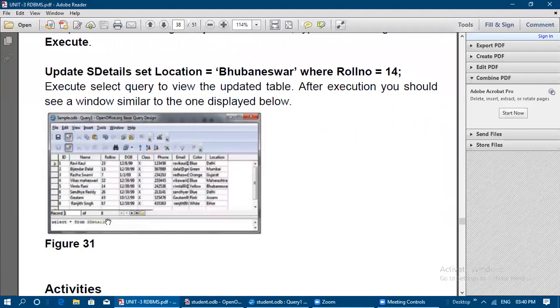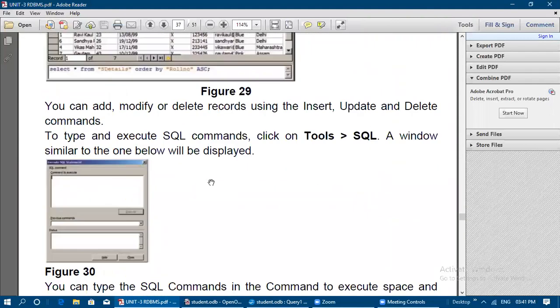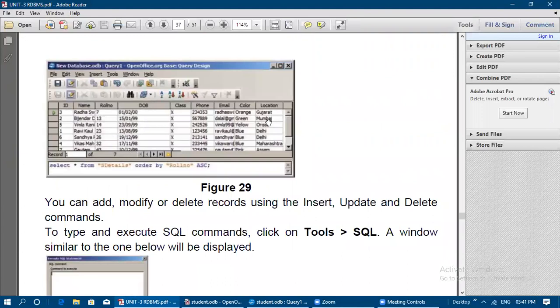To update a record using an update statement, type the following and click execute: update S details set location is equal to Bhubaneswar where roll number is equal to 14. Where roll number 14 is available, the place is changed to Bhubaneswar. See here, 14 Bhubaneswar, it is changed. Previously the record for 14 had Odisha as the location.